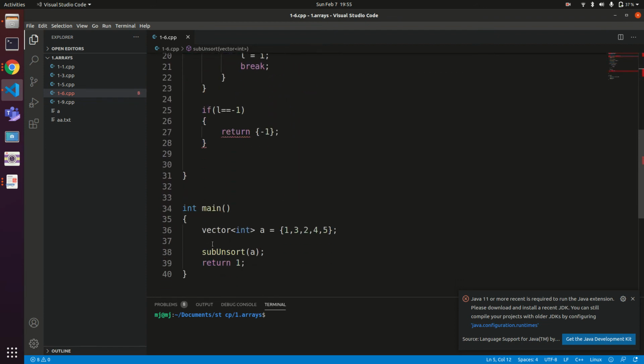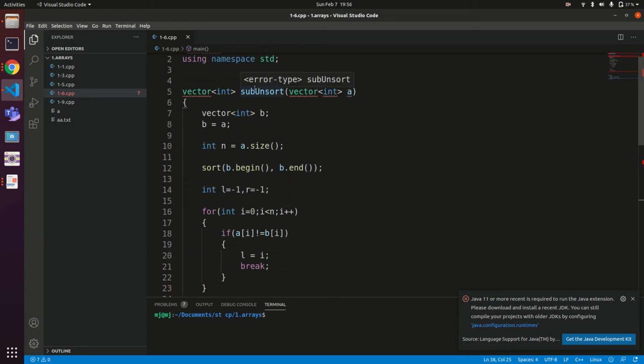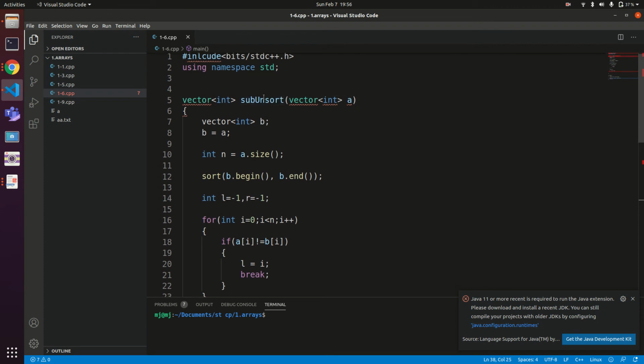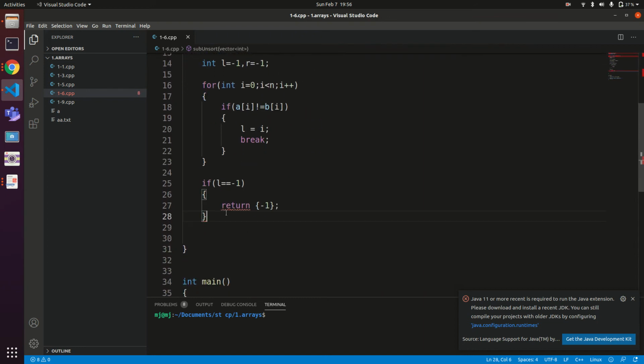Let's collect it here as vector of int range. So L equals -1. Okay, so we have handled the already sorted condition.